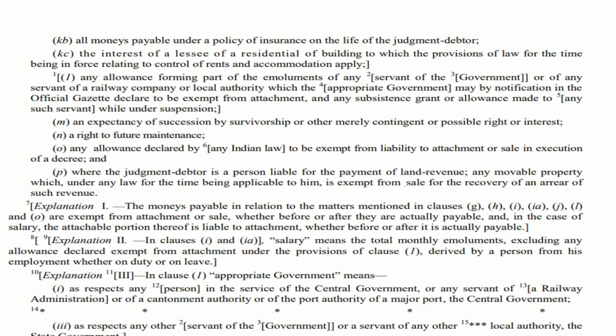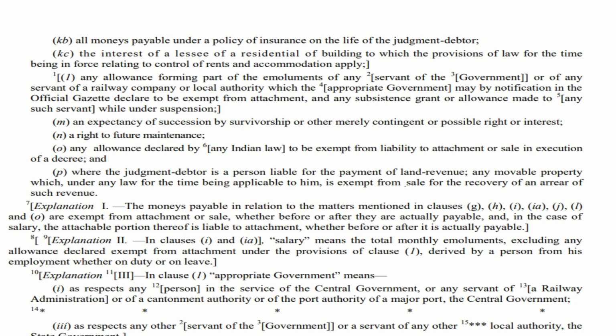Let us move to the other point, which is point P. If a person is a judgment debtor and is liable to pay for the land revenue, the payment is due. In such case, any movable property is exempt from the sale of recovery of an arrear of such revenue. Imagine there is a person A. He has to pay the land revenue. He has not paid it. So in that case, if someone is coming to attach any property,